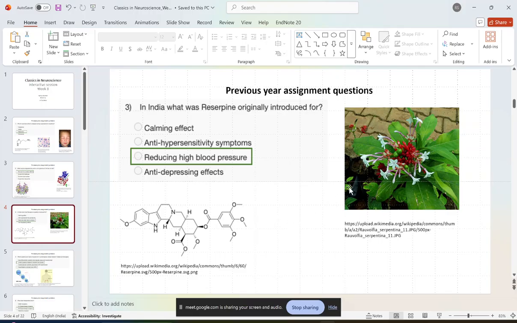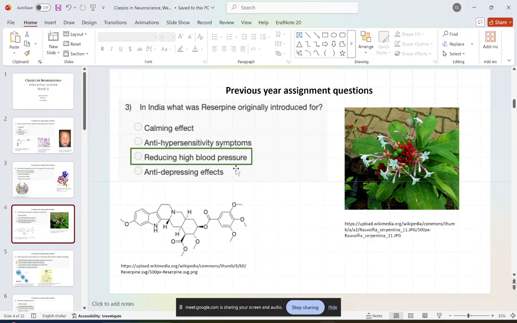So it was a part of folk medicine, but particularly for reducing high blood pressure. Reserpine itself was not introduced. It was this Indian snake root which was used in Indian medicine. It was even documented in certain Indian texts that this Indian snake root has the ability to reduce blood pressure